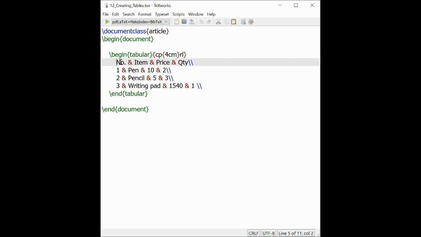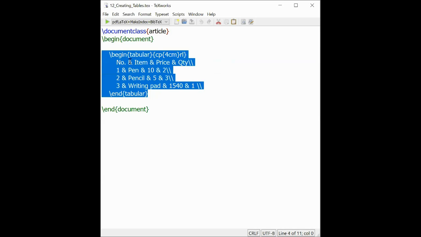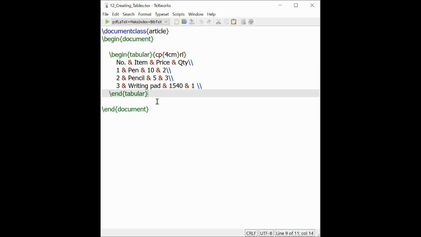Each element will be separated by a symbol, and this will be present in the first row first element, first row second element, first row third, and first row fourth. This is the way you have to create tables in LaTeX. There are online tools available on some websites, you can search. I don't know which websites. You can paste your tables and it will give you a LaTeX output. It will put the ampersand in between and give an output. You can just Google and find out. So this is the way you have to write a table.